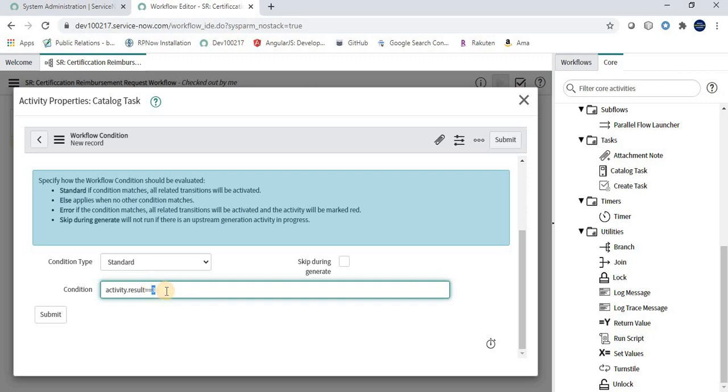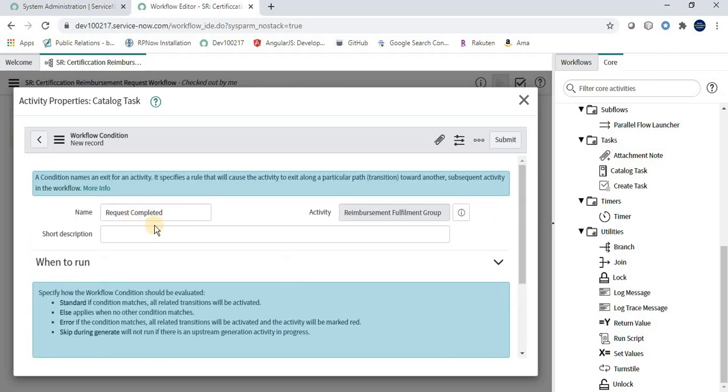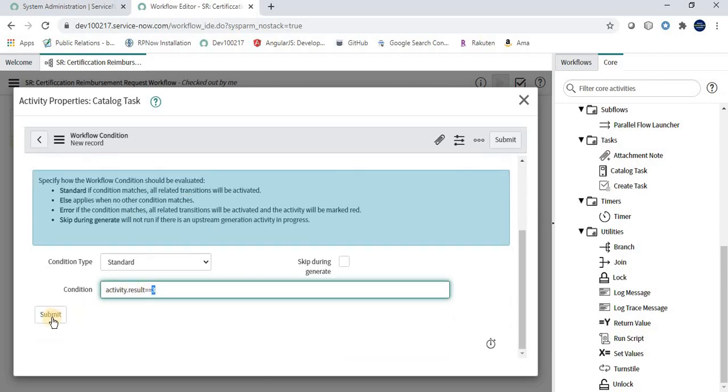For that, you have to go to the catalog task table, go to the state field, and figure it out. Definitely you will figure out how I'm getting a 3, right? You go there, find it out. In case you are not able to find it, then let me know and I will give you the answer for how you can find it. This is basically an assignment for you. So when the task is closed complete, then this particular thing will work, submitting it,